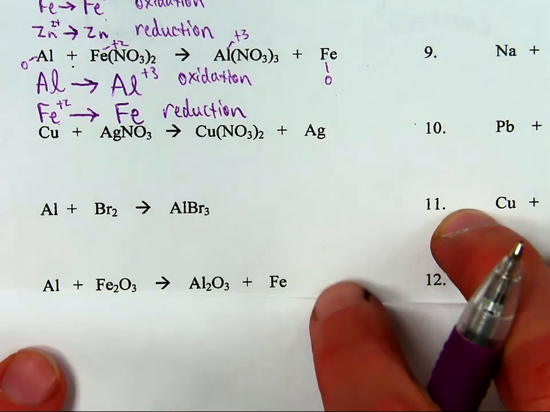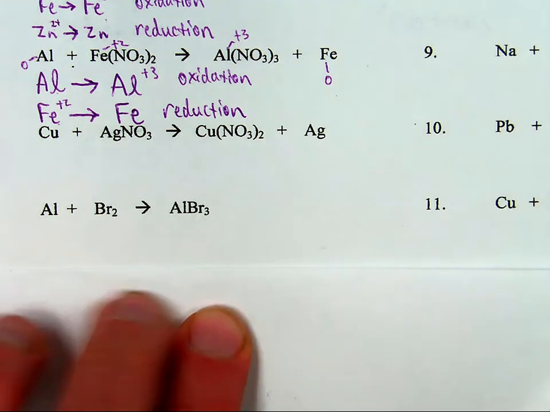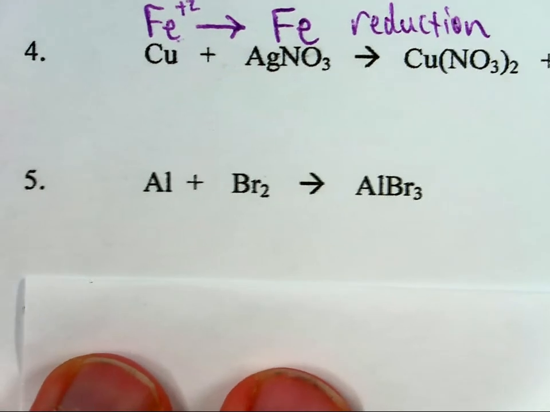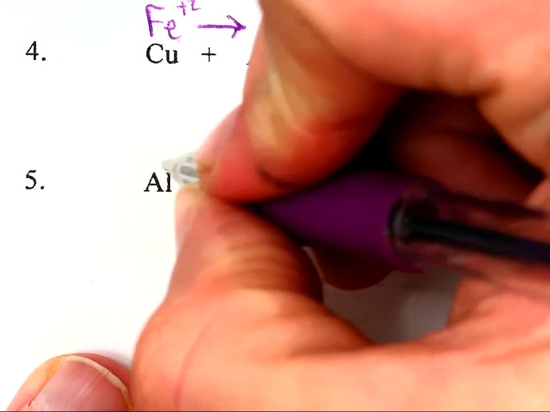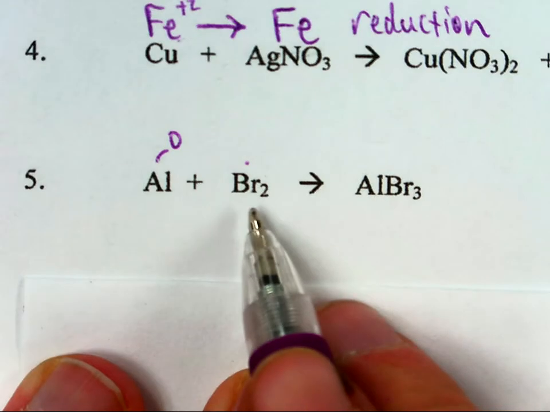Okay, this blank paper here will allow me to do any extra scratch work I need to in order to make the point. Well, well, well, how do we handle this? Once again, I'm going to say neutral aluminum has 0 charge. Neutral Br2 is pure bromine. It is an element. It's going to have a 0 charge,